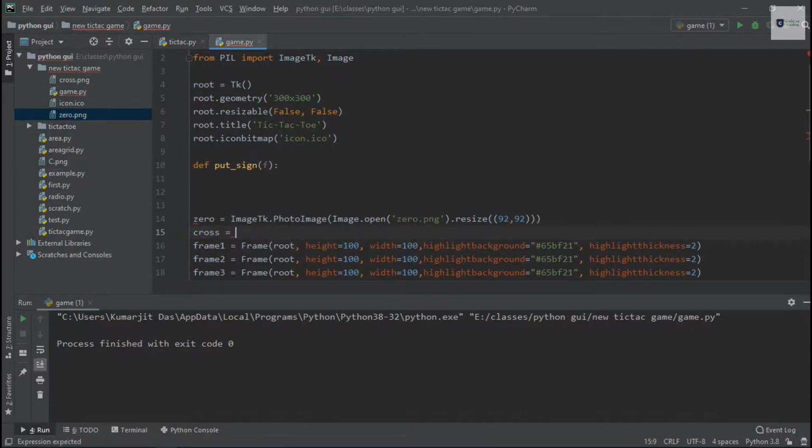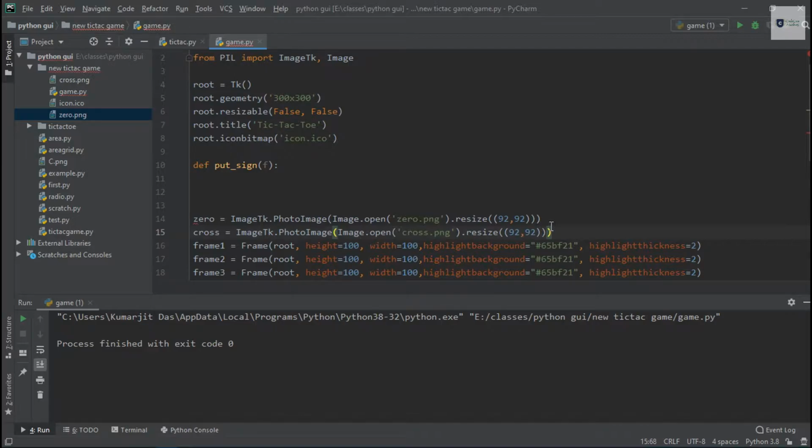Cross equal to, let's copy this thing. And the name of the file is cross.png.